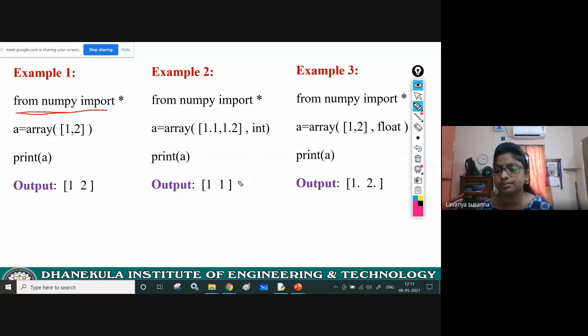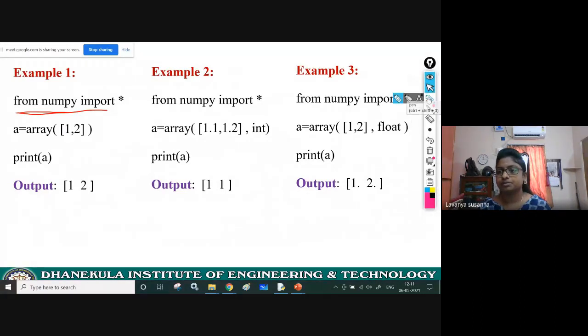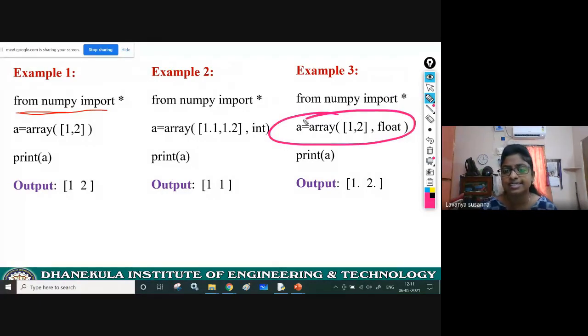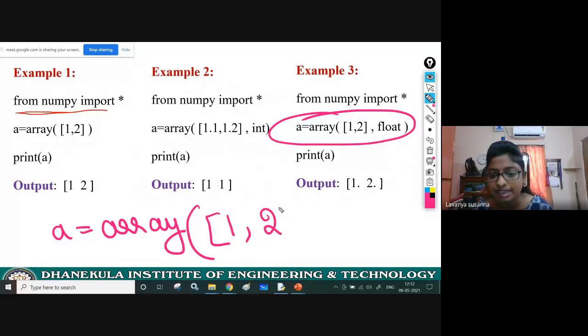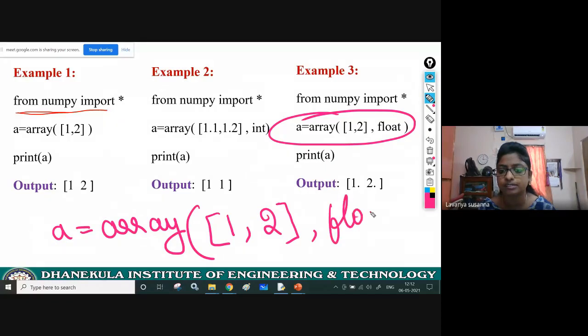See the next example. Next, see here what I am doing. A equal to array of elements 1, 2, comma, here I am specifying the type as float.